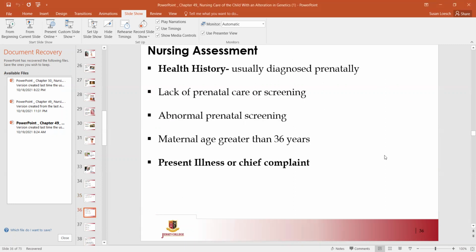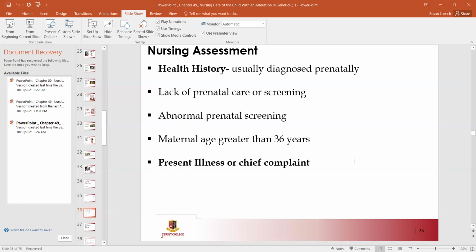All right, health history. This is usually diagnosed prenatally using that perinatal screening that we were talking about and those diagnostic tests. If it's not, most cases are diagnosed within the first few days of life based on physical characteristics associated with Down syndrome. These moms can be at high risk for delivery, so you want to make sure that she's not. Look at the pregnancy history, any past medical history for risk factors such as lack of prenatal care